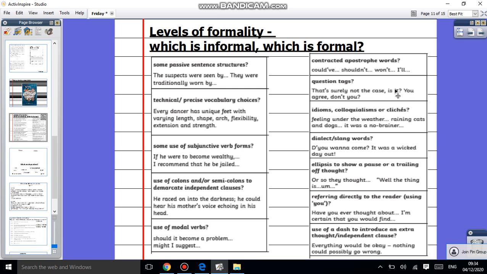We've got idioms, colloquialisms, or cliches. Feeling under the weather today. It's raining cats and dogs. It was a no-brainer. We've got dialect and slang words. Do you want to come out? It was a wicked day out. Come here, mate. We've got ellipsis to show a pause or trailing off thought. Or so they thought. Well, the thing is,